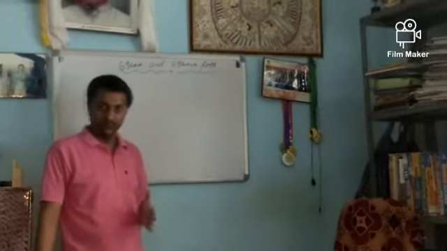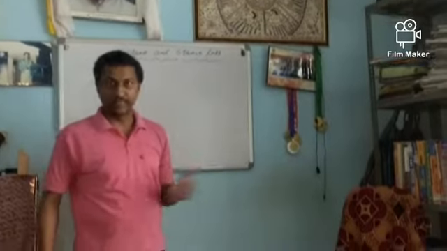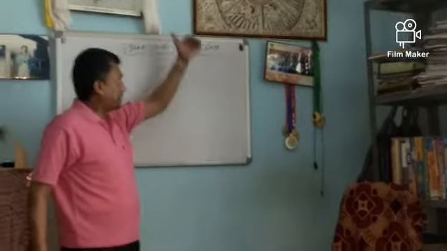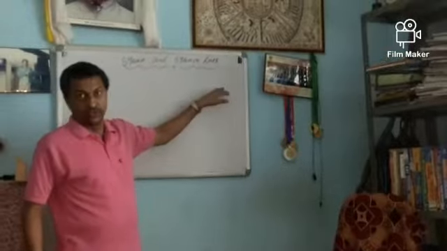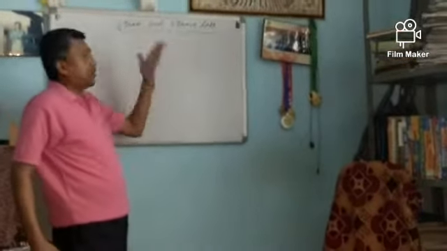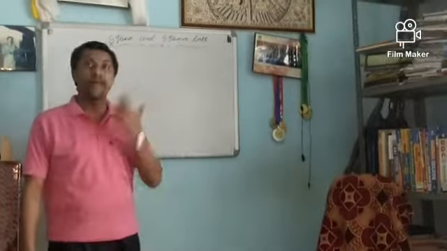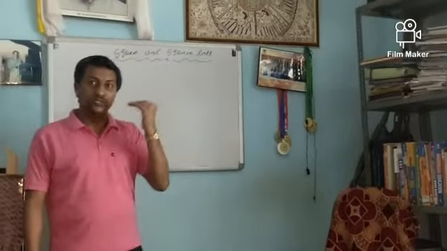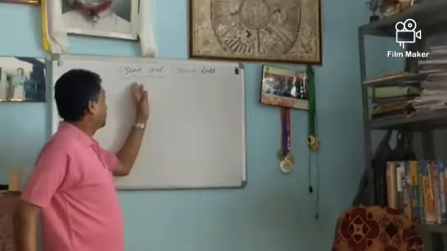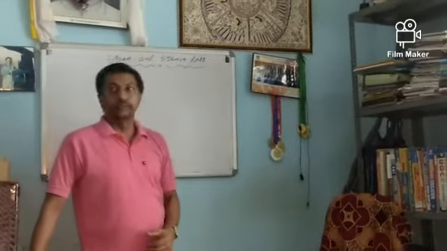One is the objective, where the multiple choice questions are there, maybe fill in the blanks, and then subjective, where we have to write in detail. So you have to solve in detail. So we will focus on the objective questions. Some techniques are there, we can say that is the magic. Through this magic we can solve any objective questions, and then we can solve the subjective questions also.